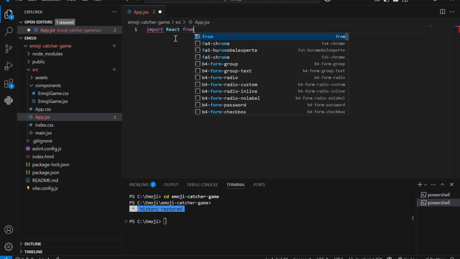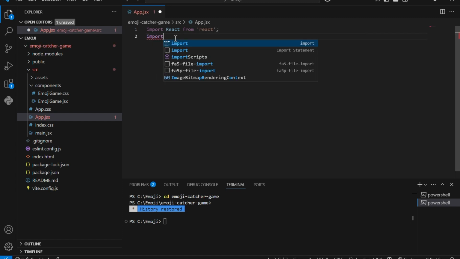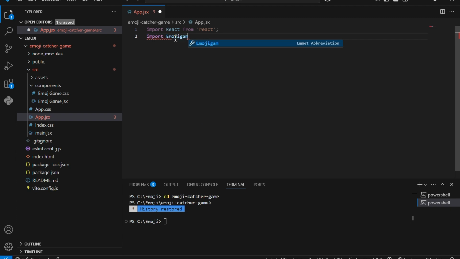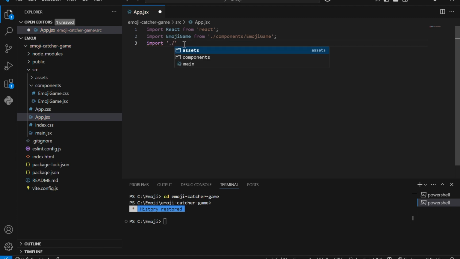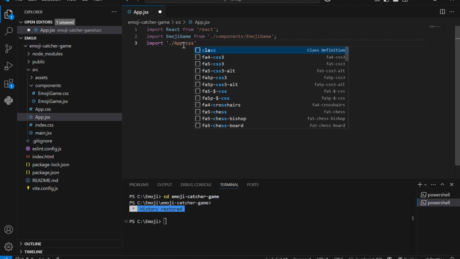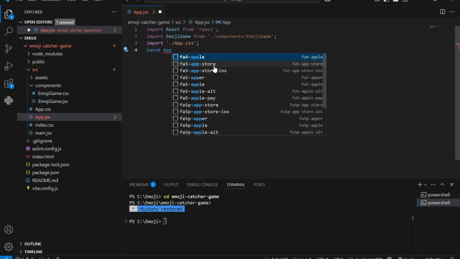Type import React from 'react'. Then type import EmojiGame from './components/EmojiGame'. This line imports the EmojiGame component from the EmojiGame.jsx file located in the components folder, so we can use it inside our main App component. Then type import './App.css'. This line imports the App.css file, allowing us to apply custom styles to our React app for better visuals and layout. const App = () =>